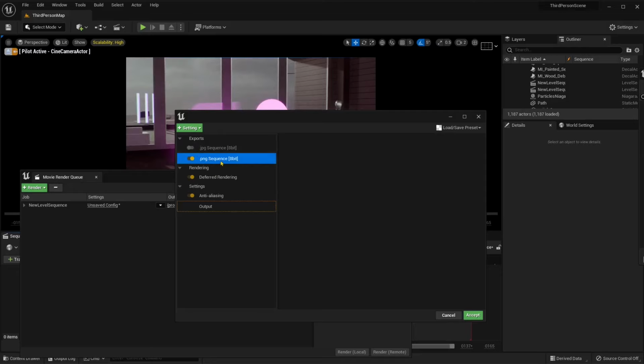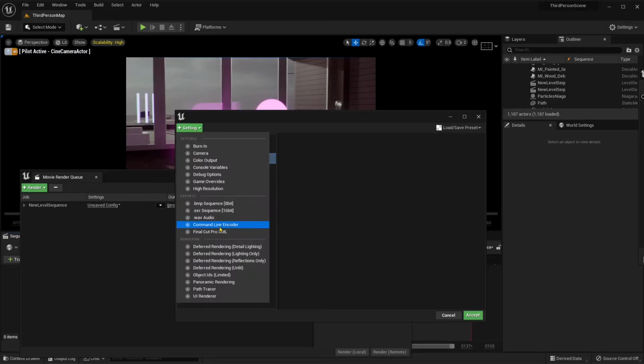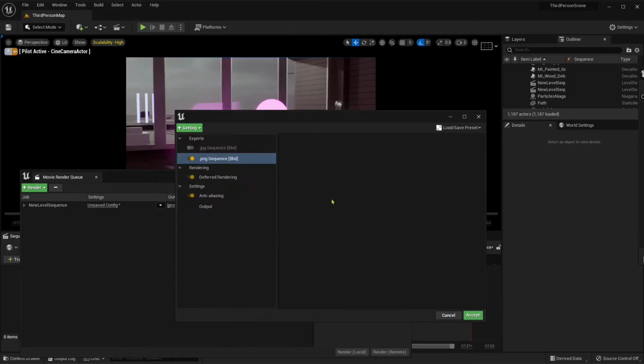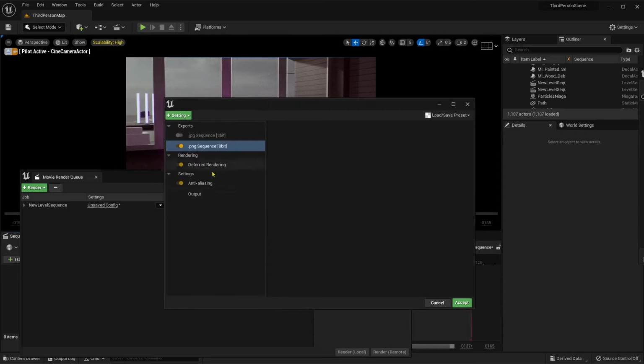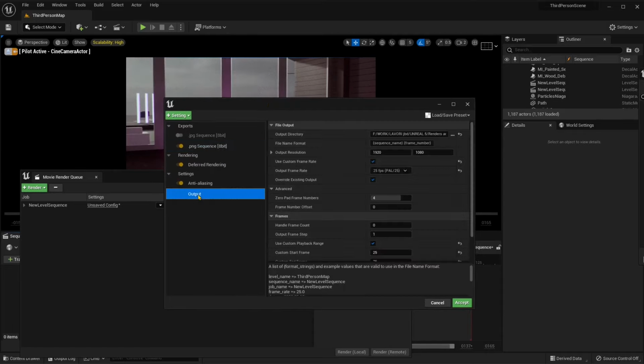So I can say, okay, I want to export PNG images instead of JPEG. And then you have also other stuff here you can add on these settings. But this is just the basic stuff that you probably want to fix before you even start to render. And also another important thing here is the resolution. So right now it is Full HD, and this is the default, but you can